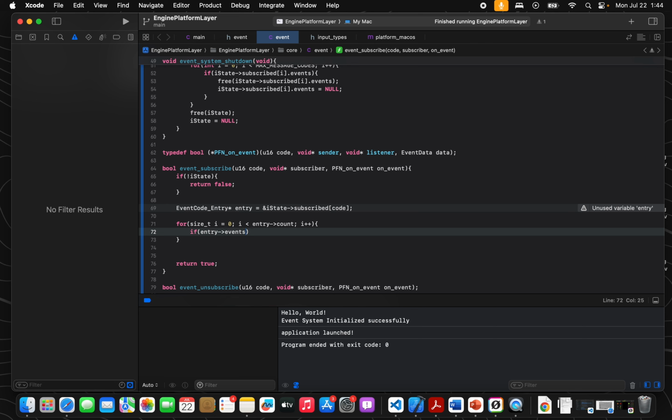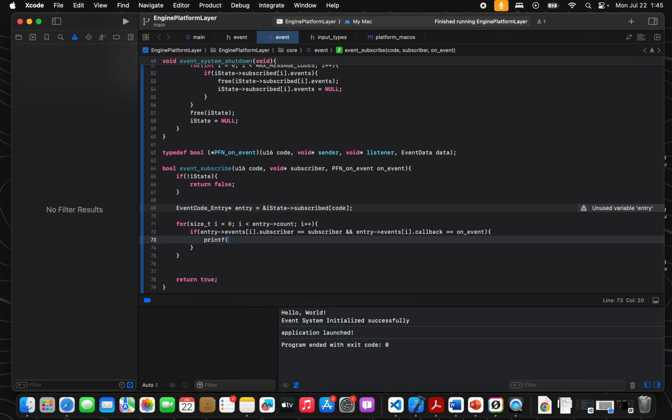This really sucks without IntelliSense, by the way. Entry events at i dot subscriber equals subscriber, like this, and entry events dot callback equals on event,